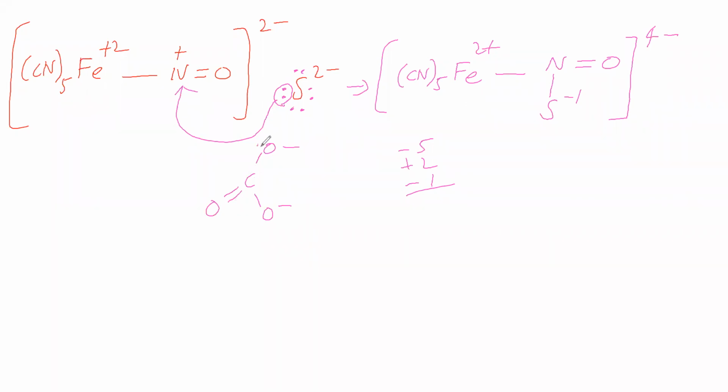Why? Because oxygen is also having a lone pair, as sulfur does. But sulfur has a higher tendency to donate its lone pair than oxygen because of its lower electronegativity. Therefore, sulfur bonds with nitrogen but not oxygen. Though carbonate is present, it is not interfering in this test. Therefore, we did not remove carbonate and proceeded directly.